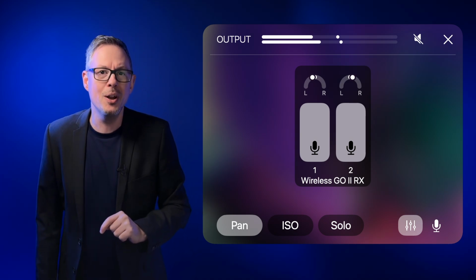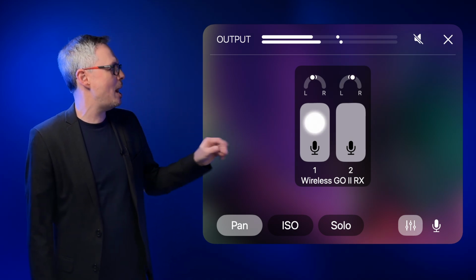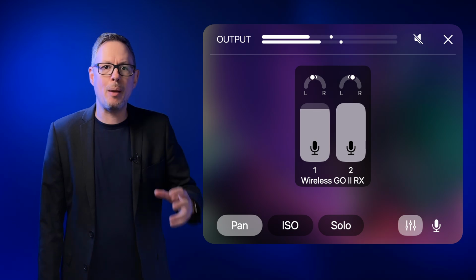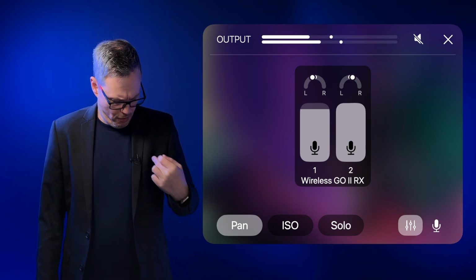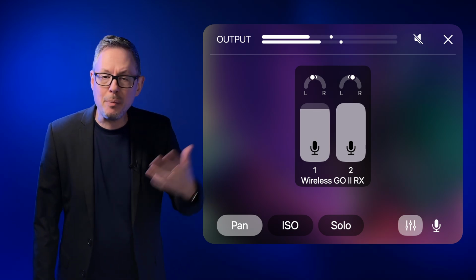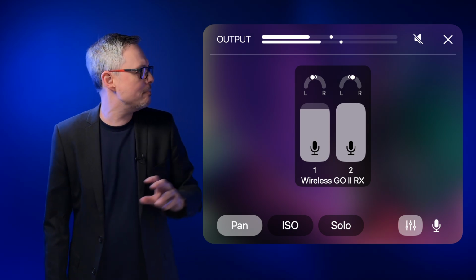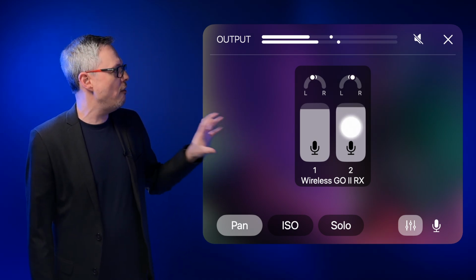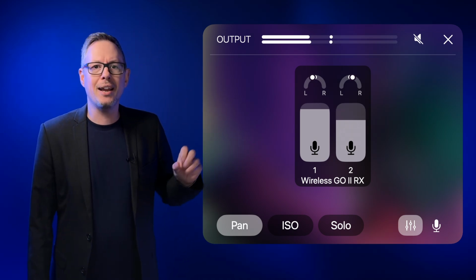Now, we can also adjust the gain. So if I tap on the microphone, I can turn it down a bit. That might be because one of the people you've got has the microphone slightly further down, or maybe they've got a slightly louder voice. Doesn't matter. You can just pick the gain of the microphone that you want to adjust and drag that down.